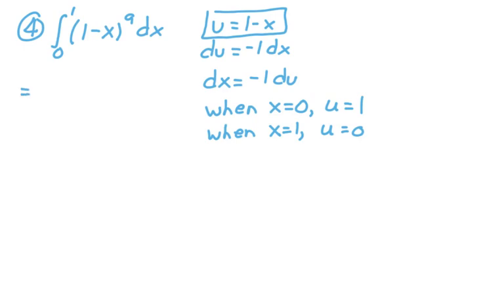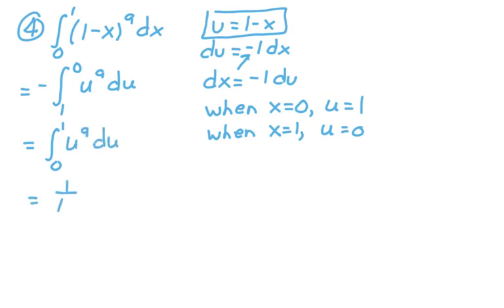And so this is negative the integral from 1 to 0. Okay, the negative comes from the du of u to the ninth du. But if I swap the limits, I change the sign. So this is the integral from 0 to 1 of u to the ninth du,